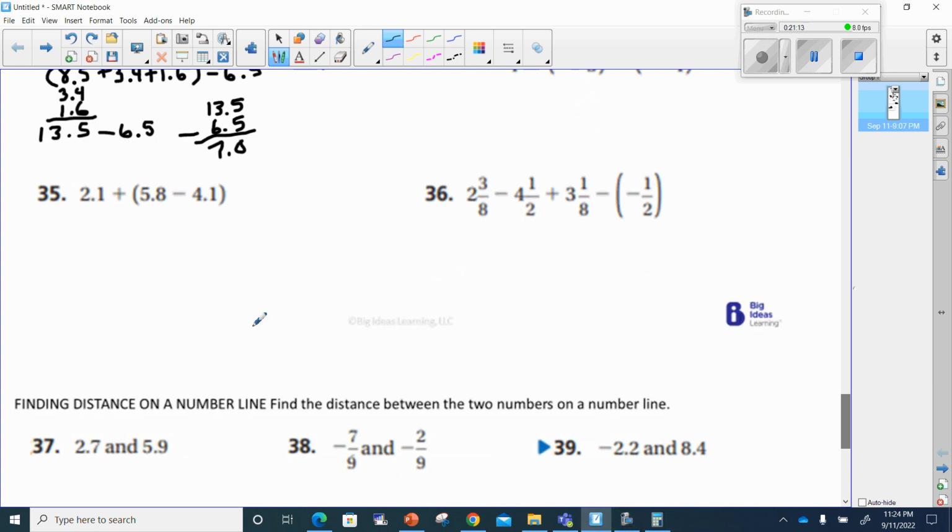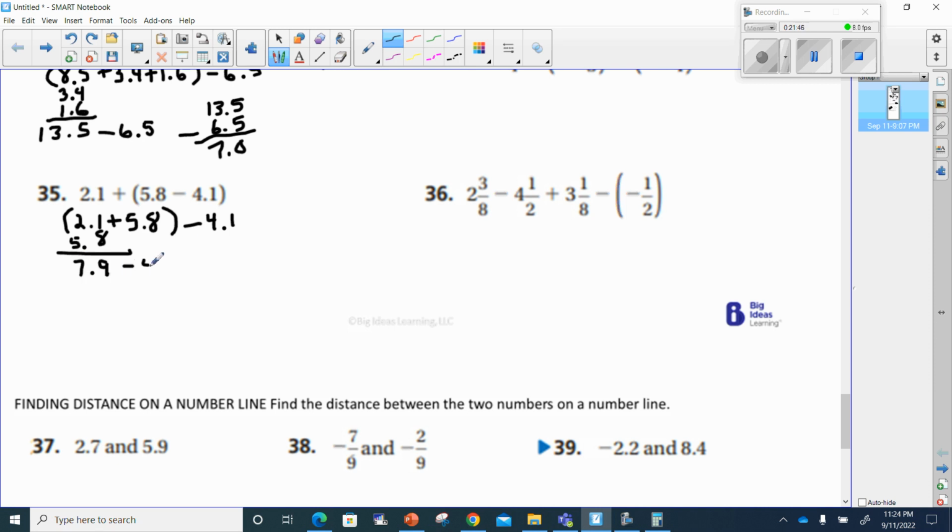Okay, next I'm going to do number 35. This is subtraction over here. So I'm going to use my associative property to group my addition together and make this 2.1. And I'm going to add 5.8. Then I'm going to minus 4.1. I want to add these together. I'm going to line up my decimals. This will give me a 7.9